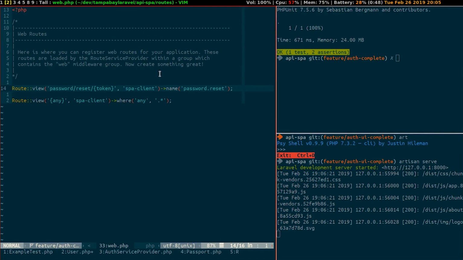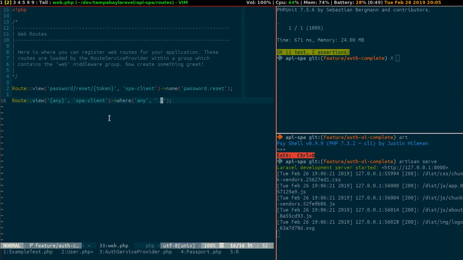If I wasn't using any of Laravel's pre-built auth stuff, I would only need the single route. This is a catch-all route where I have an any parameter. So this could be foo, bar, Baz, James, David, Chris, whatever, or empty. It can only be empty because my regex here is .star. If this were .plus, I would have to have something there. But the idea here is that this route will catch any route and send it on to this blade file,